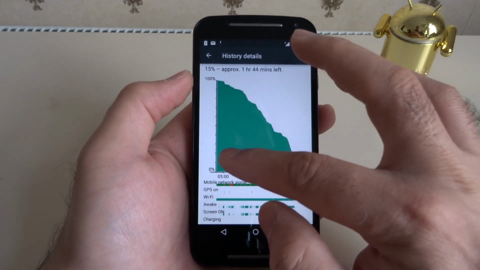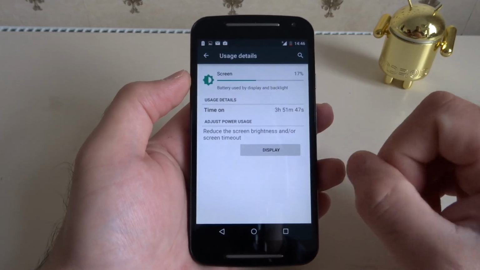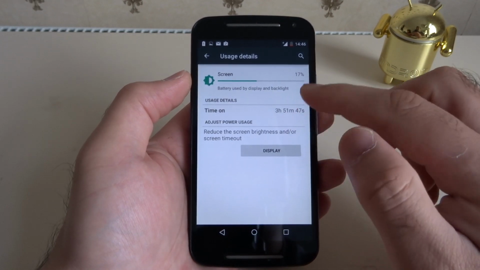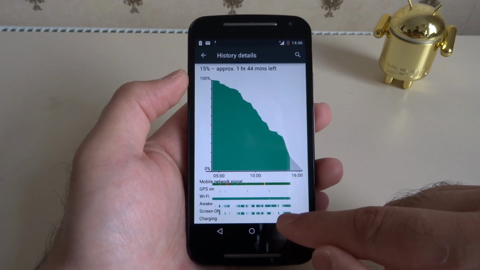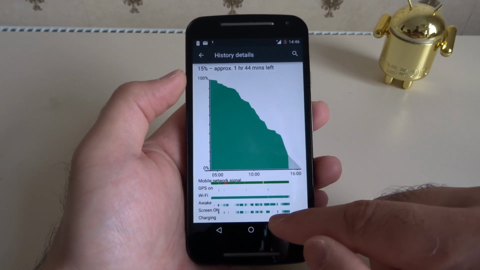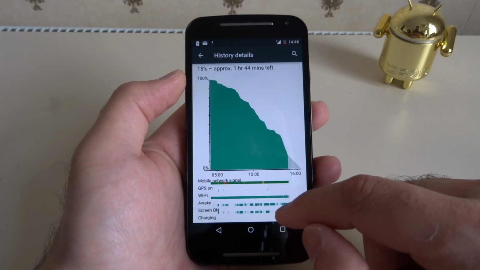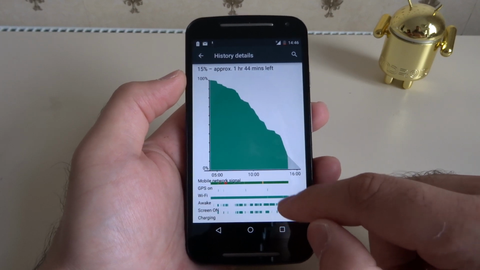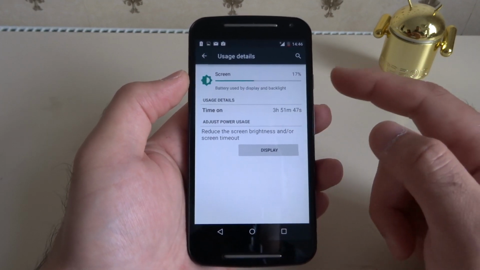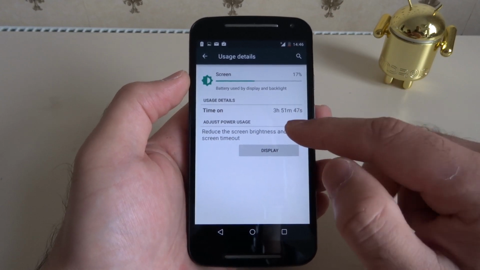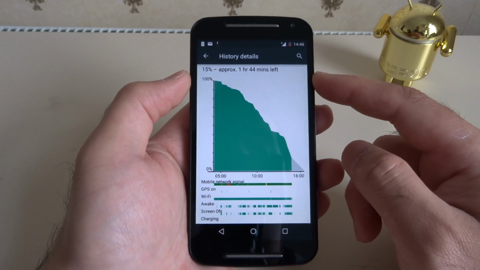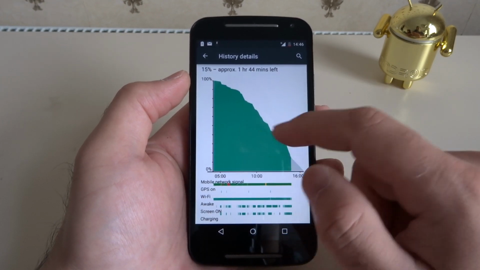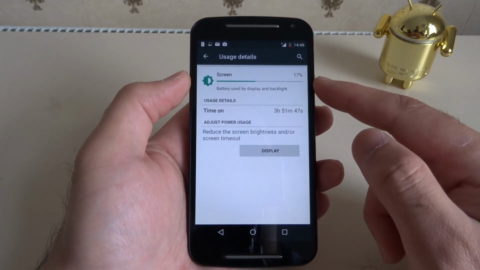Further down again, the phone went down to 15% and it gave me 3 hours and 51 minutes of screen on time. As you can see in here, the phone was used slightly more heavily as compared to the previous screenshots, and that's why, with a bit of fairly heavy use, I played a game for about half an hour to 45 minutes as well, and I got 3 hours and 51 minutes, just about 4 hours, with 15% battery left on the Moto G. That means the Moto G would have given me, with this use, still over 4 hours of screen on time,